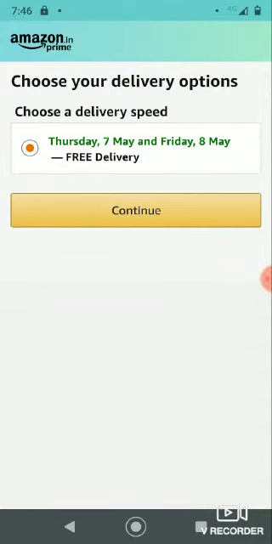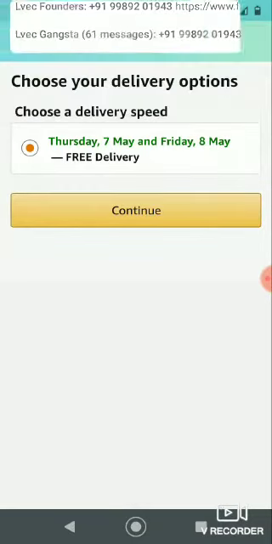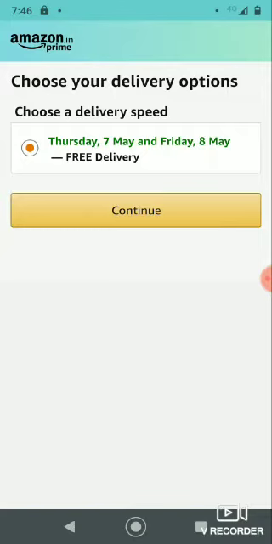Here they have mentioned Thursday free delivery. That is, next Thursday they are going to deliver the groceries to my home, and that is the free delivery. Sometimes they will mention the time also, for example Wednesday 3 p.m. to 4 p.m. That is next week Wednesday evening, between 3 and 4 p.m. they are going to deliver the groceries to my home.